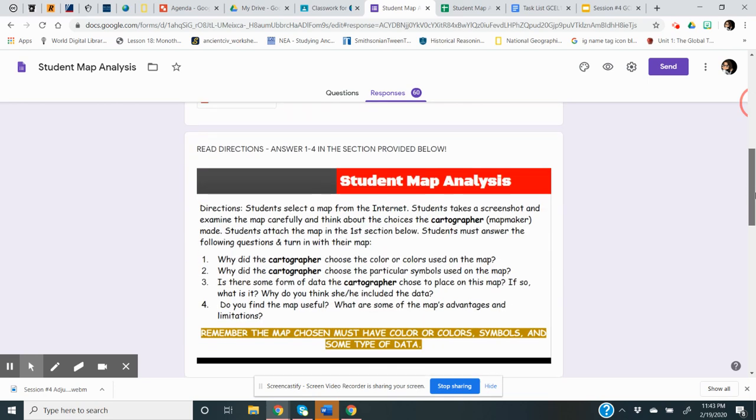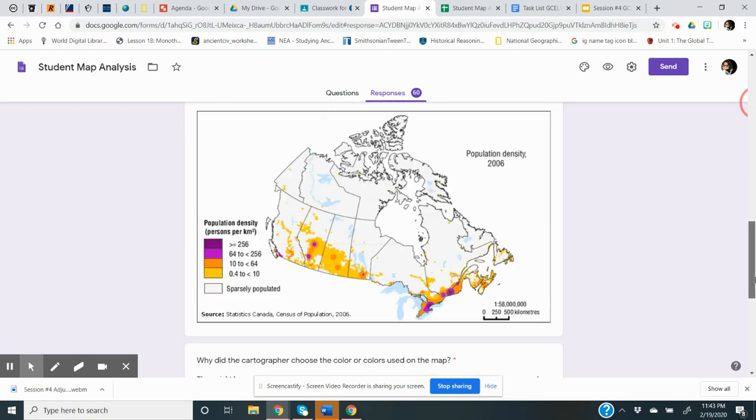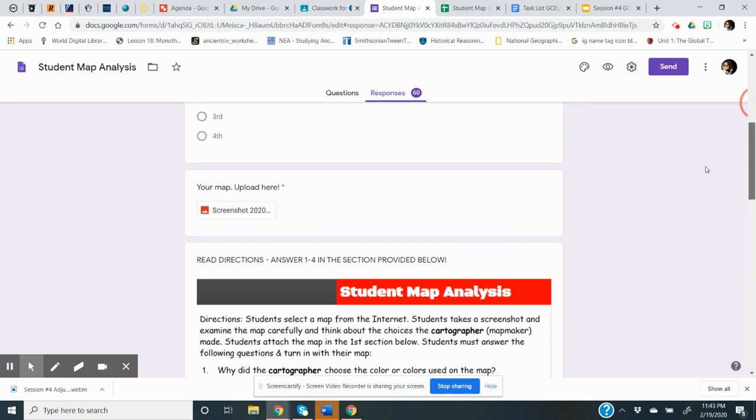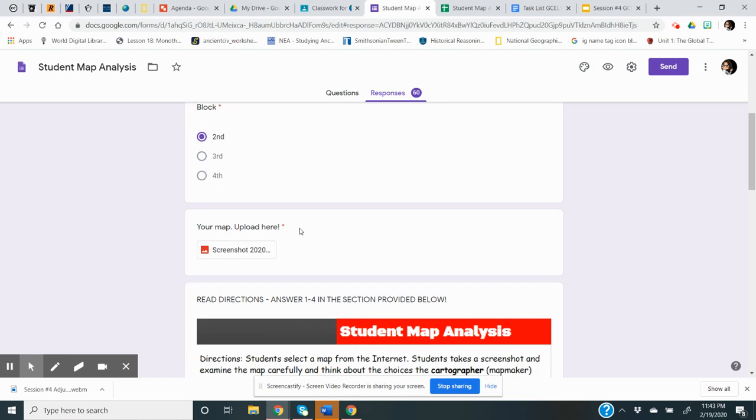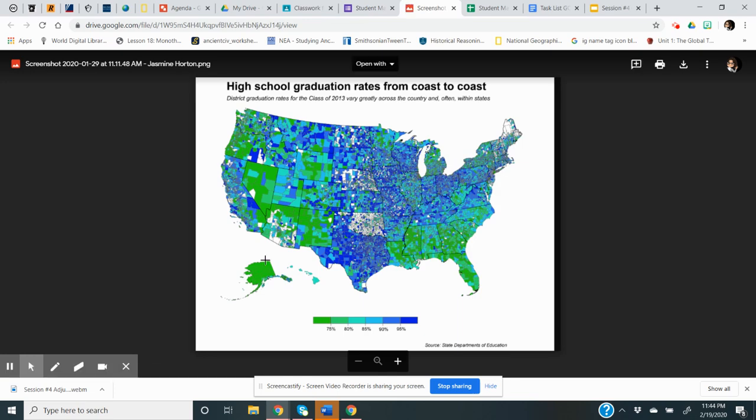I've specifically asked for them to screenshot or find a way to download the map that they're using, because I wanted them to not only take the information that I've given them, but find and incorporate as well. So each student was able to insert the map that they looked for,